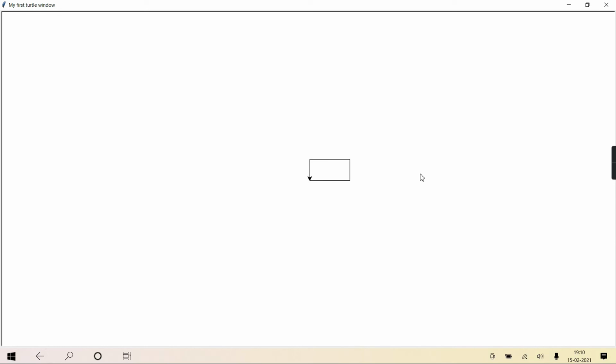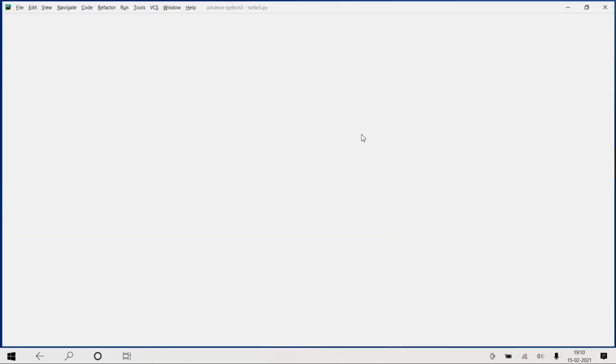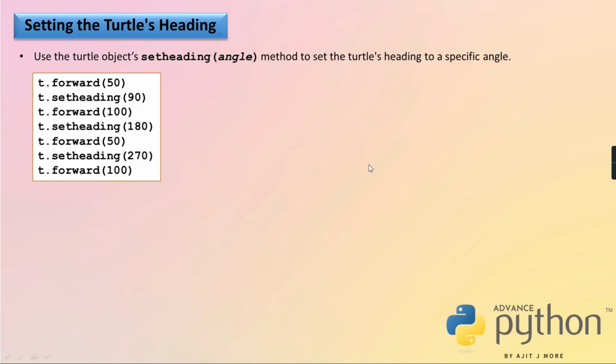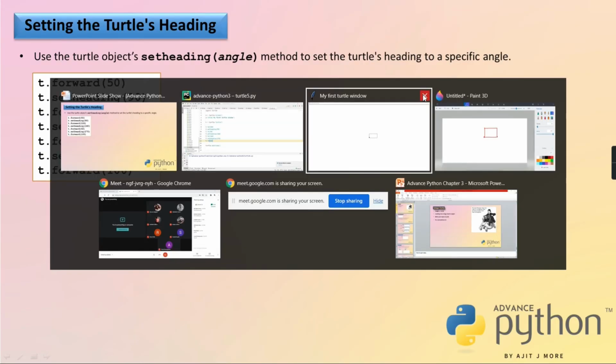So in this case, set heading doesn't care about left hand or right hand. It is just anti-clockwise from the origin. Origin is 0, and then it considers the angle anti-clockwise. Okay? So this way the provision is given.